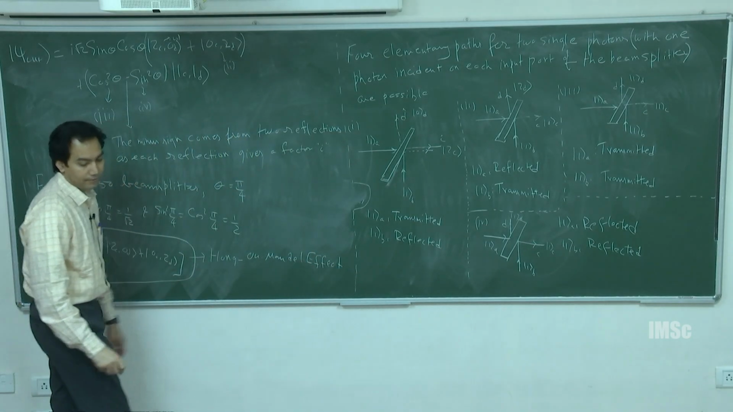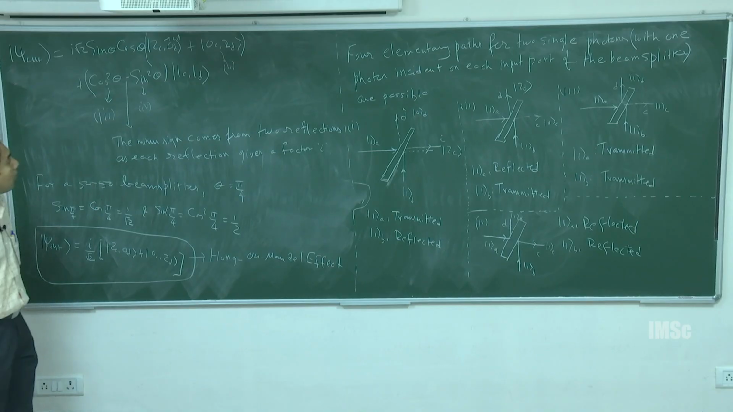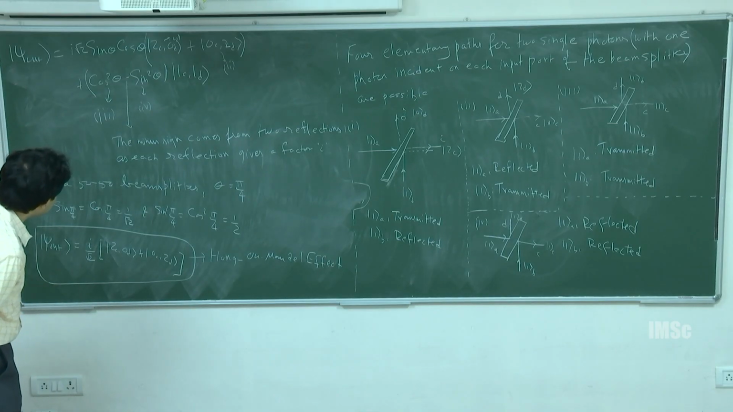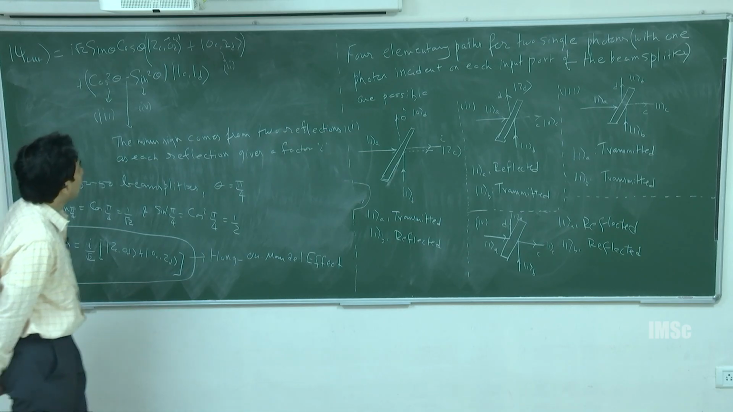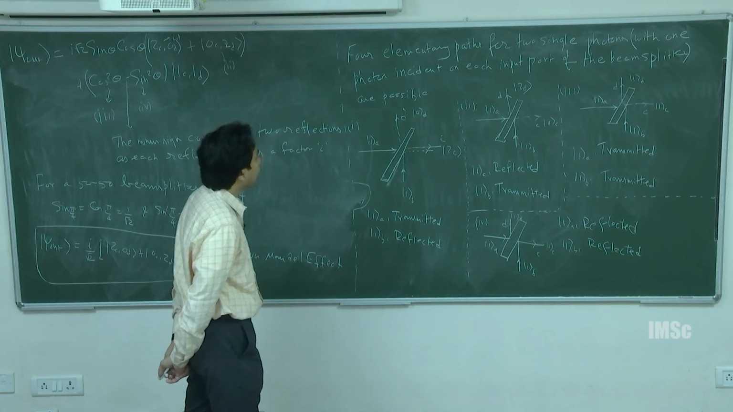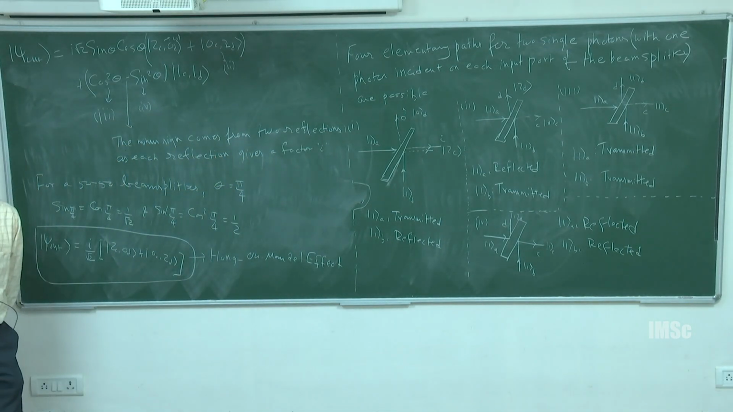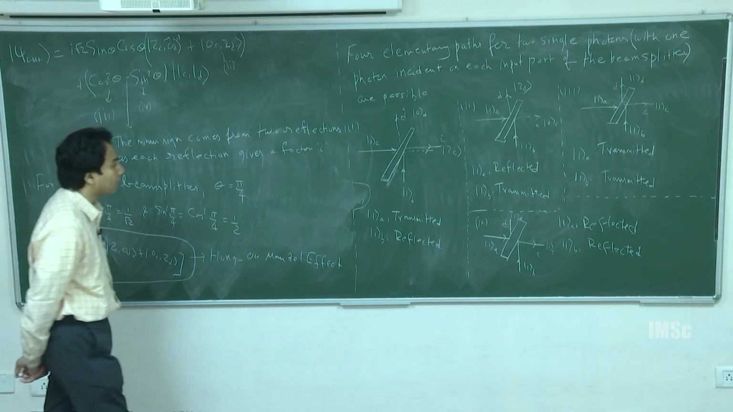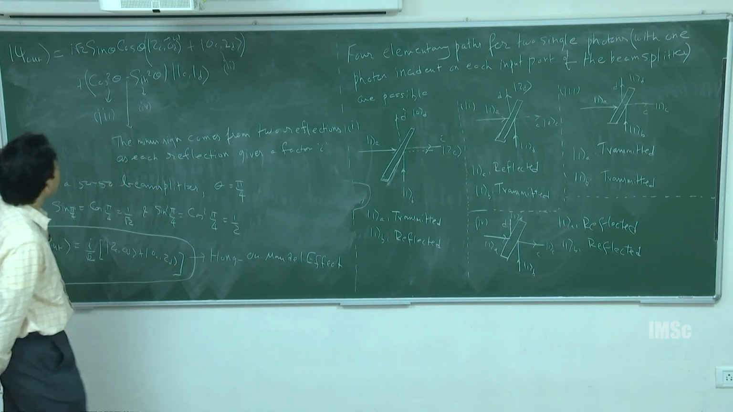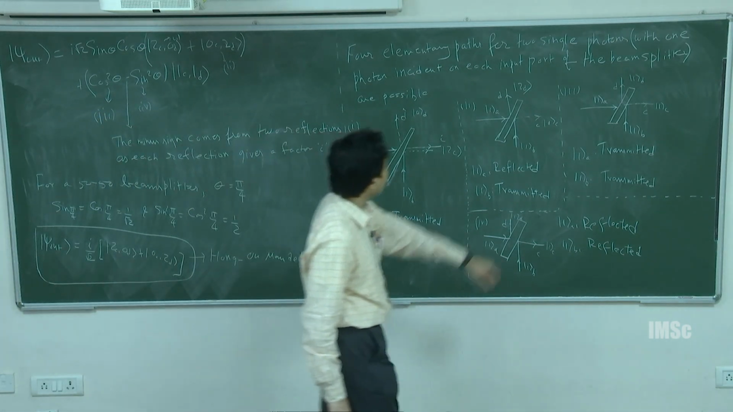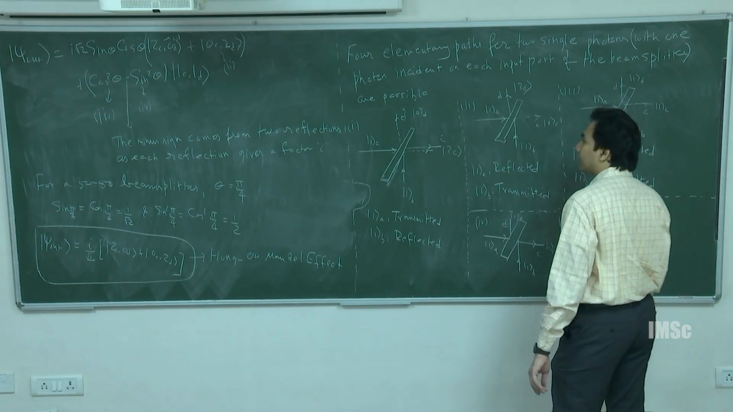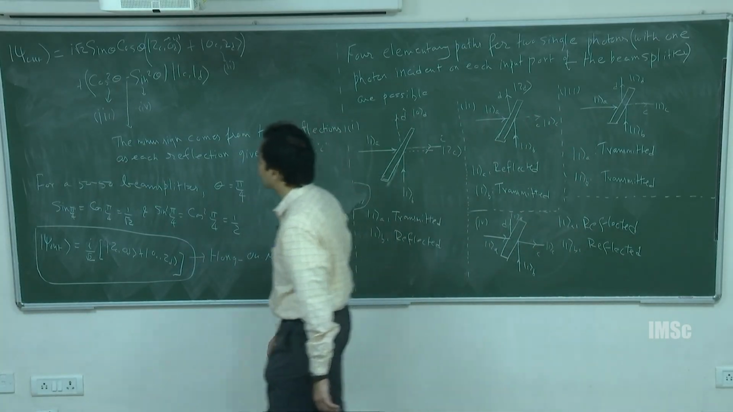the Hong-Ou-Mandel effect. So what happens, you see that for a 50-50 beam splitter, both the photons either exit through port C or port D. You don't have the case where one photon exits through each port, C and D. These two possibilities, 3 and 4, destructively interfere. The amplitudes destructively interfere, so you don't see that